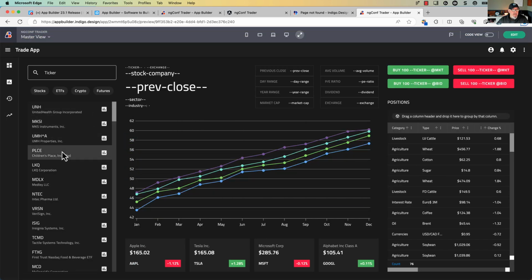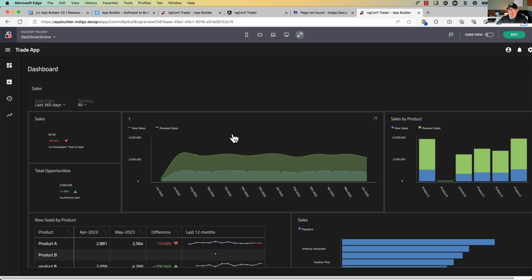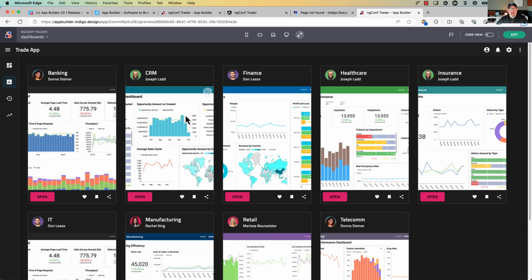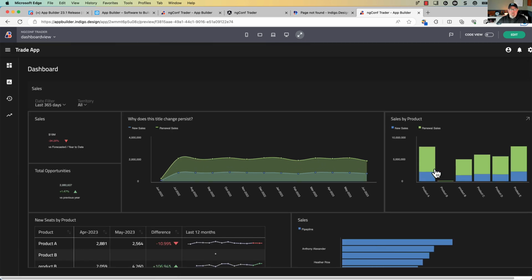Everything looks good. I've got my list here. I actually added an interaction here to click this and to bring up another screen. You can see here this actually picked up a dashboard. I'll navigate back and I'm back over to this screen. On my dashboard view, I added another bound control. This is our card view with some images bound, and when I click open on one of these guys, it's